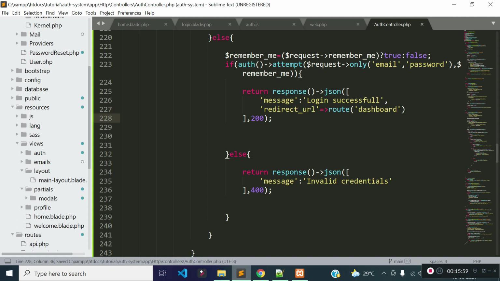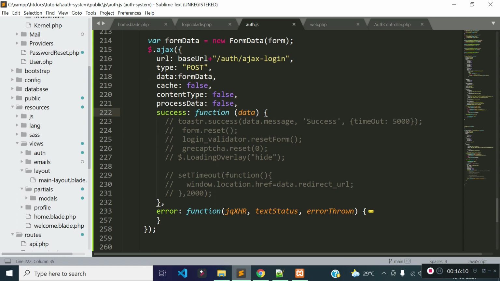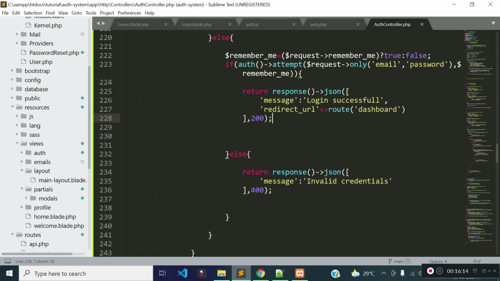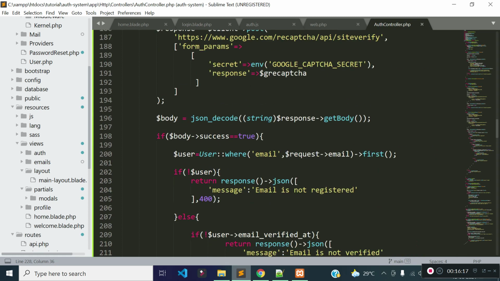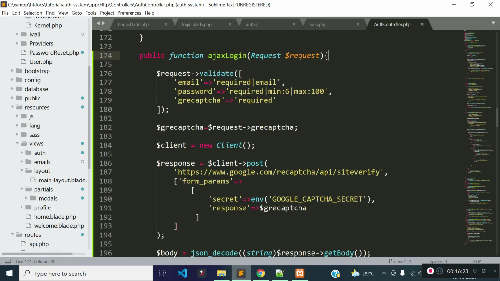Now let's go to our auth.js file. So whenever we are calling this Ajax URL, we are passing the form data, and the user will pass email, password, and Google Recaptcha response, and I am checking the responses on the server side, right, in the Ajax login method. And if credentials are wrong, then it will return.